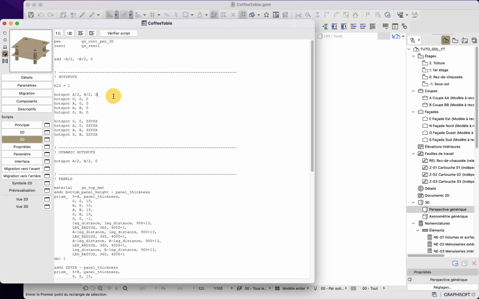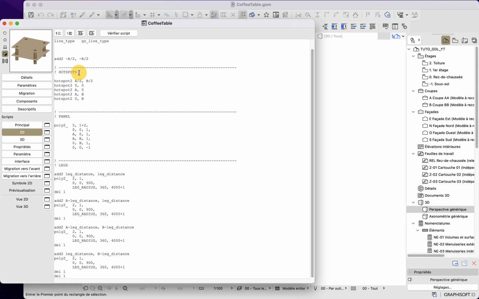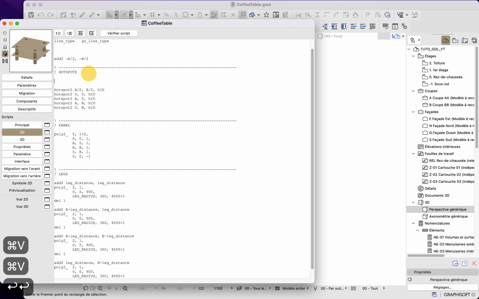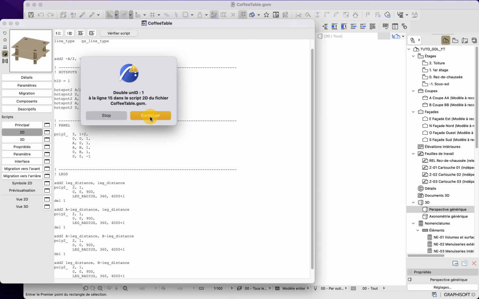And what we need is simply have another argument here, which is HID. And then I can copy paste this one for all of my hotspots here. It's also good practice to do it in 2D as well. So I will do it now here, and then initialize this one as well. Let me check my script.